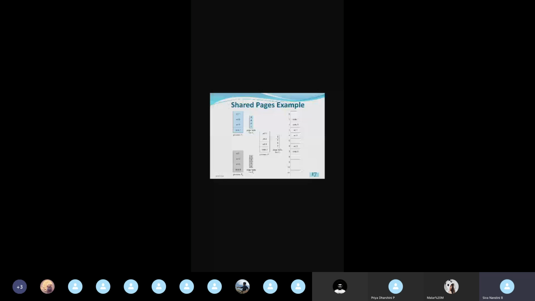See, this process P1, which is denoted by this blue color, has a corresponding page table. So for each and every process, we'll be having a page table, because one process is divided into several pages and it is available in the physical memory. For each process, we'll be having a page table. ஒவ்வொரு ப்ராசஸ்க்கும் ஒவ்வொரு page table இருக்கும்.